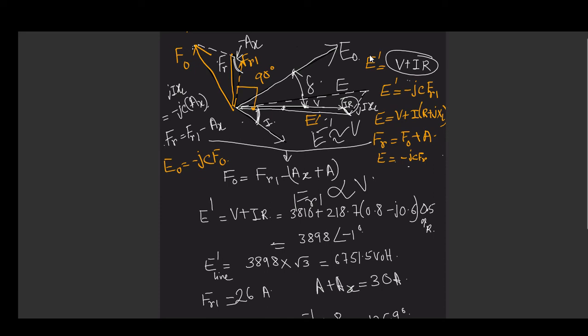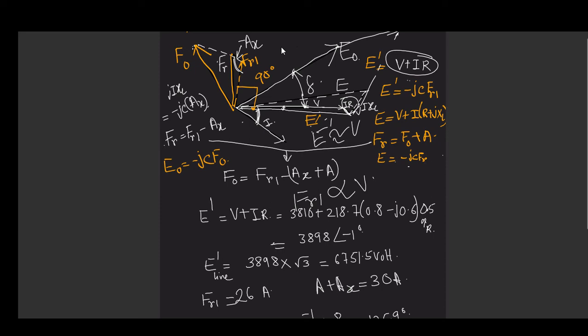As this diagram has been drawn in proportional scale, if you form a triangle here with sides E naught, E dash and the line joining the tip of E naught, E dash with this one FR1, F naught and this dashed line,